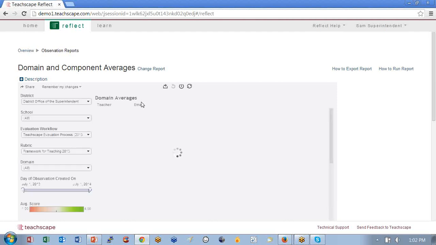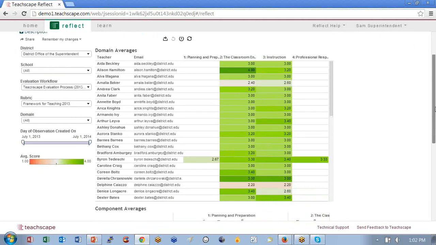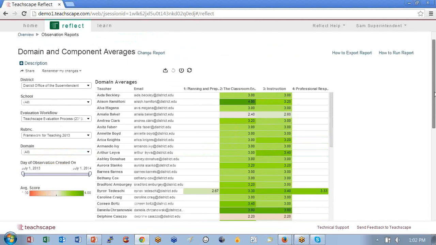And this one is actually a fairly large school district, although it doesn't have a lot of teachers in each of the schools. So you can see here, their particular workflow has an unannounced observation at the start of the year and then announced later. So you can see a lot of unannounced observations are done week 2 and 3, and you're just beginning to see the announced observations coming in.